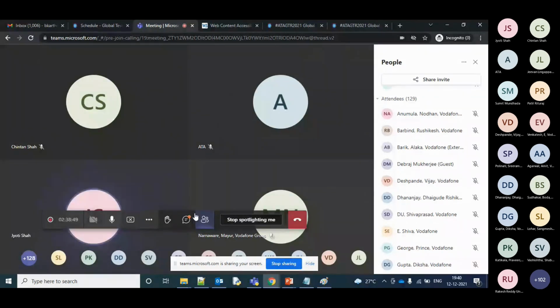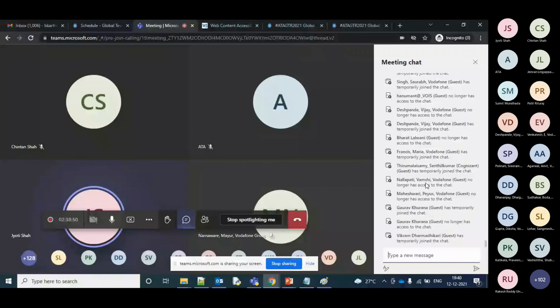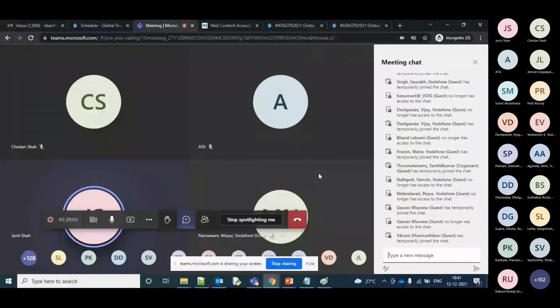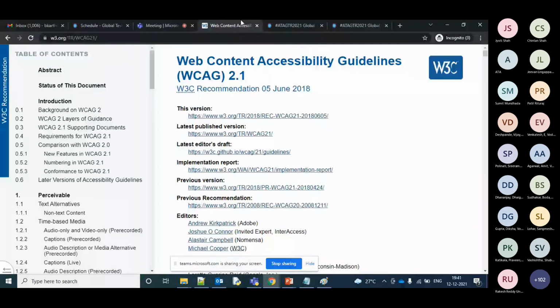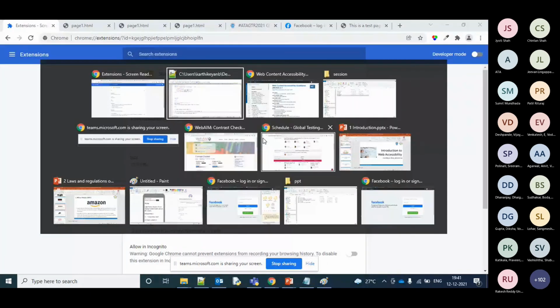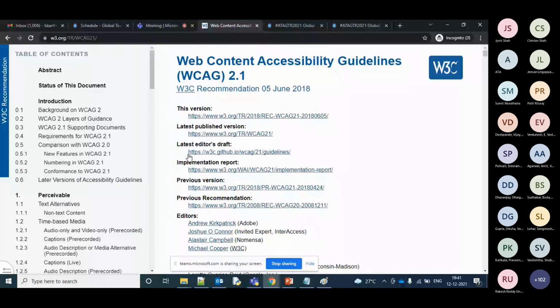So I'm interested from an automation point of view. If we take an example of Selenium itself, what factors do I need to keep in mind, either in my test script or in my framework, which will provide appropriate coverage from an accessibility point of view? Web Content Accessibility Guidelines, WCAG, extensions. So what in terms of coverage can you choose?